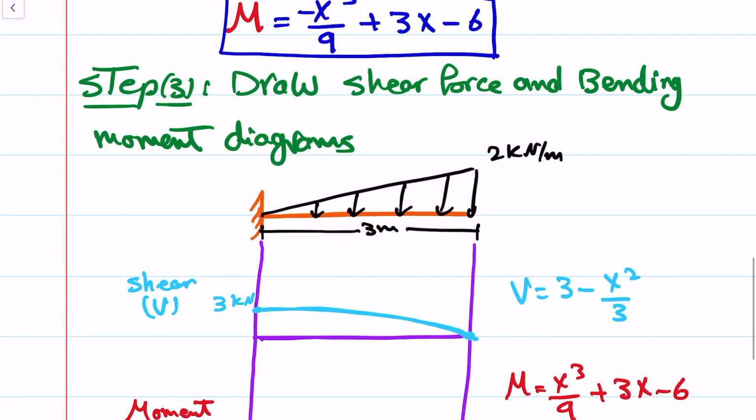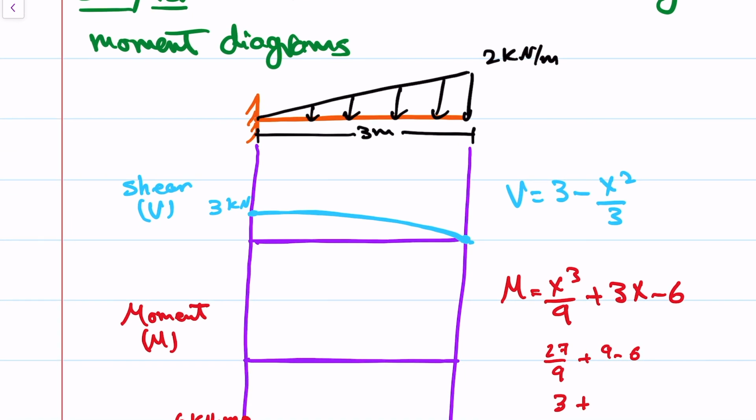And going to the equation here would be negative. So for sure the same will be for x equals 0, but for x equal 3, so this will be negative 27 over 9, negative 3 plus 9 minus 6 is 3, this will be 0. Okay, so this will be 0 right here,